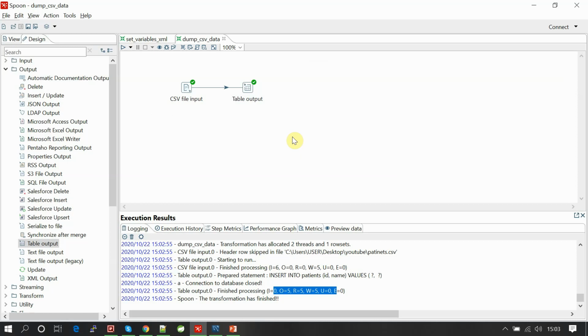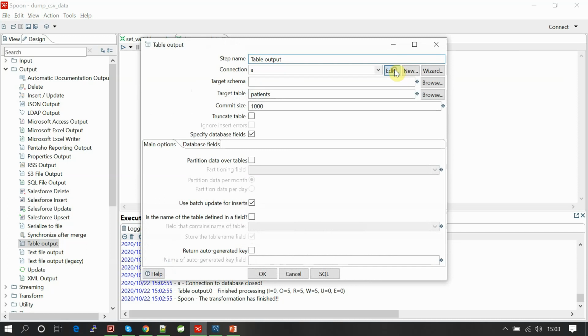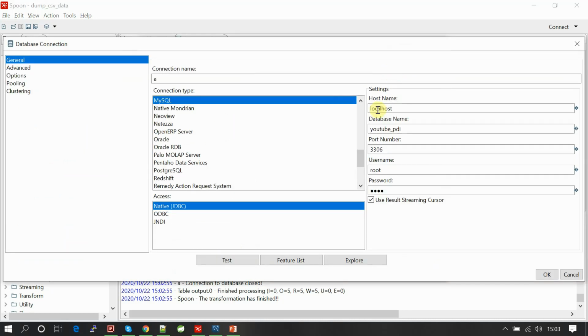So for that, what I'm planning is, if these connection details are defined as user defined variables. Let's say I'm connecting to the MySQL local database, and I've given these connection details as static values.